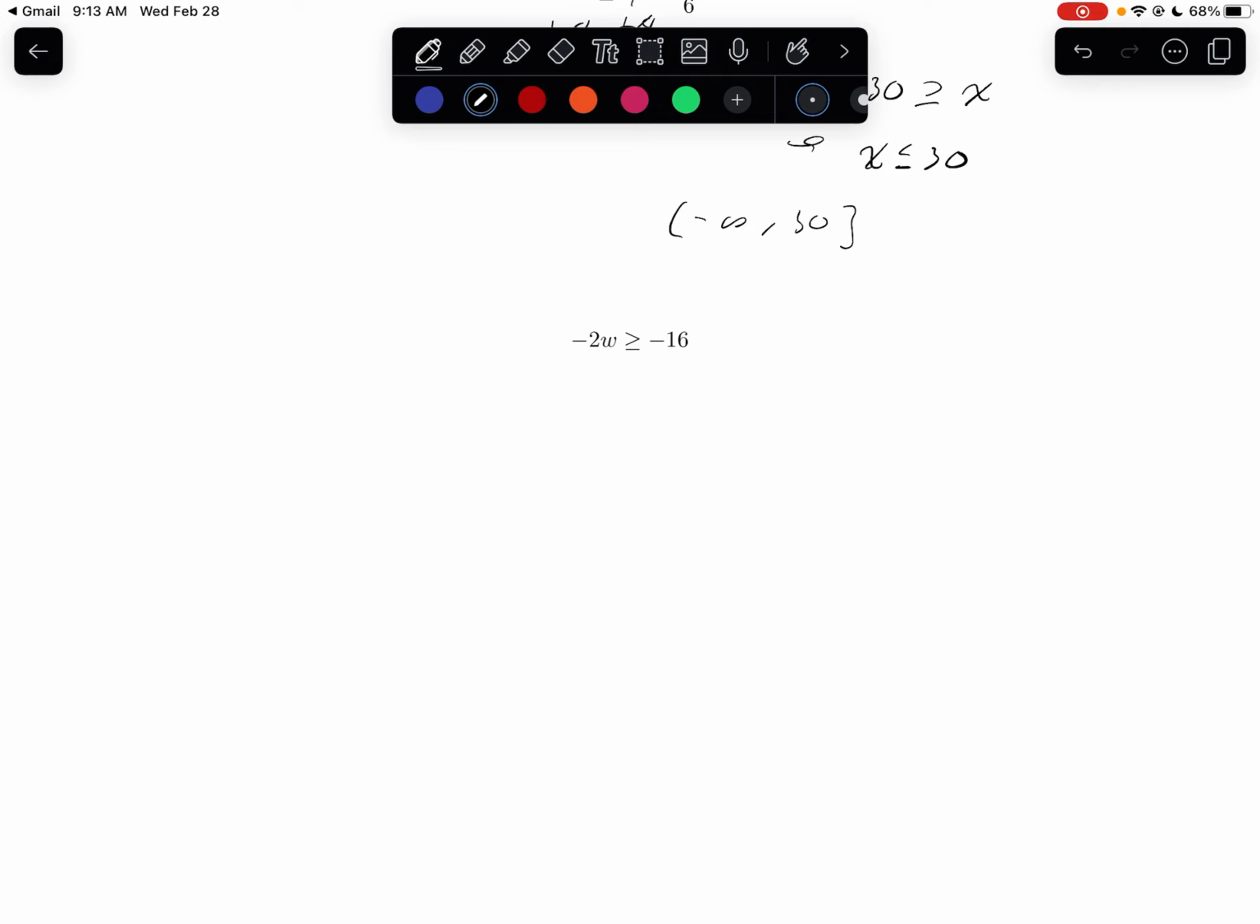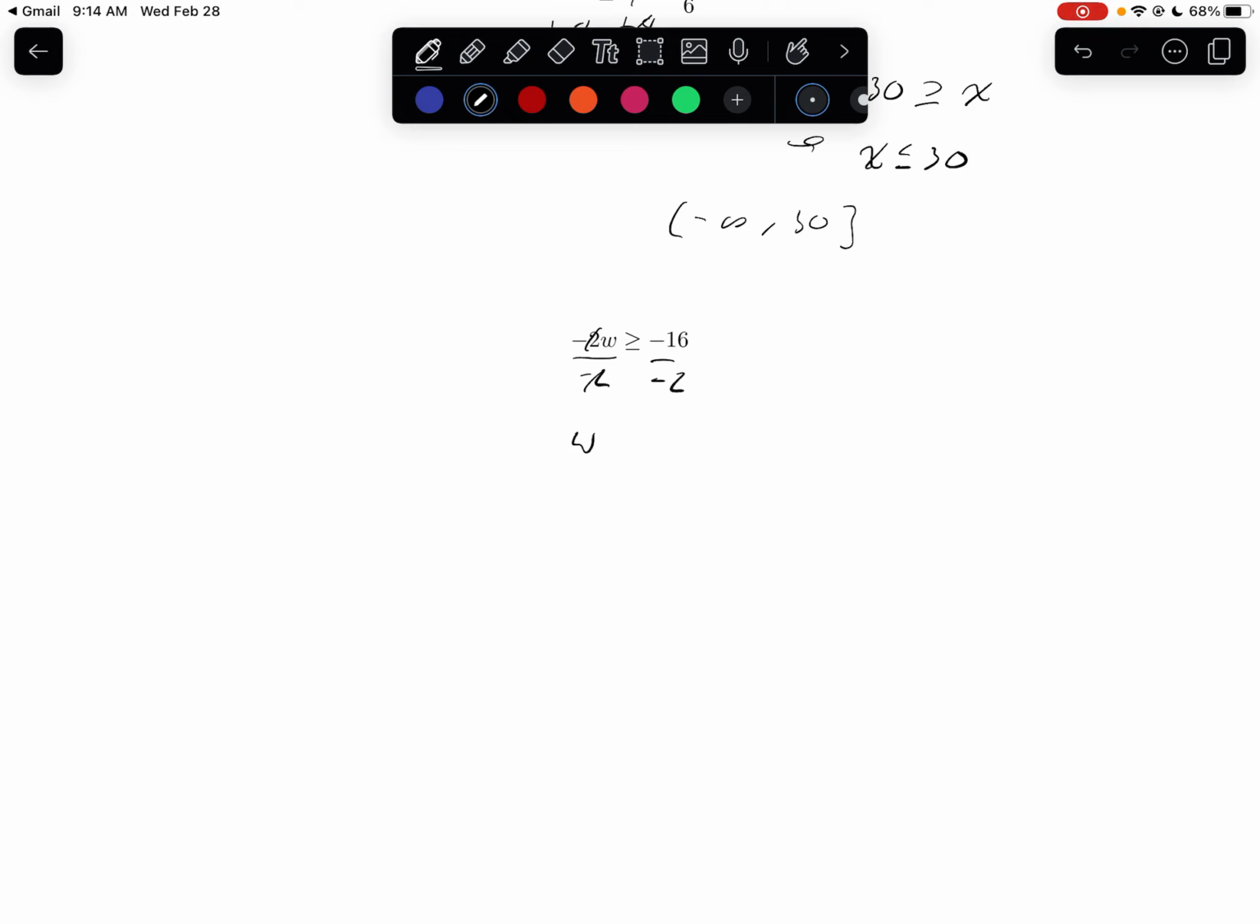Now we have -2w is greater than or equal to -16. Now this is where you've got to be careful. Right here, we want to try and isolate w by itself. So what we're going to do is divide by -2 on both sides. These will cancel nicely, and we'll have w over here. But now, because we divided by a negative number, and this is true anytime you multiply or divide by a negative number,